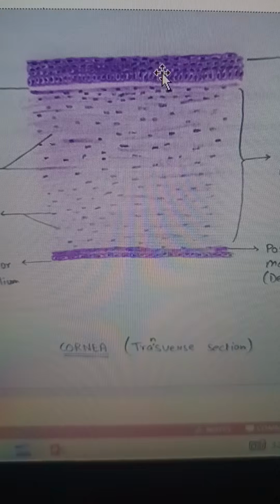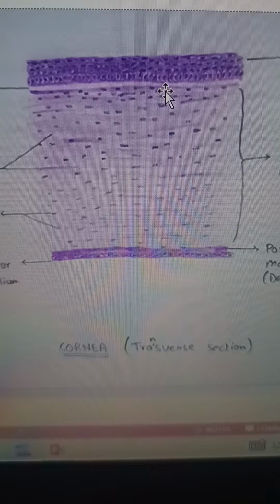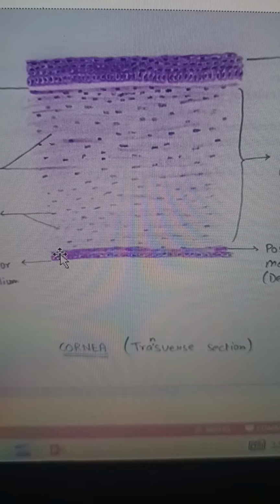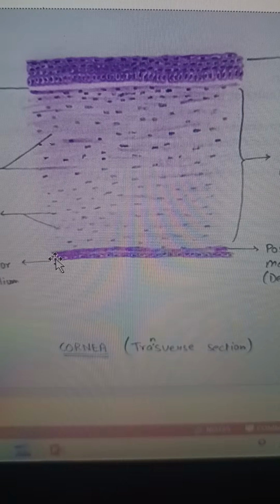C, 90% of the cornea is made up of substantia propria. So we call it C for connective tissue, that is substantia propria. And finally, we have D, the posterior limiting membrane. That's Descemet's membrane, so that stands for D. And finally, E, the endothelium. So knowing the alphabets A, B, C, D, E, you can very well name the layers of the cornea.